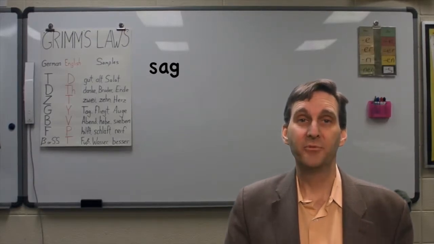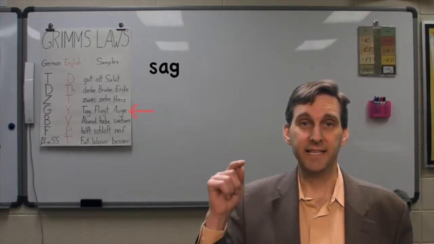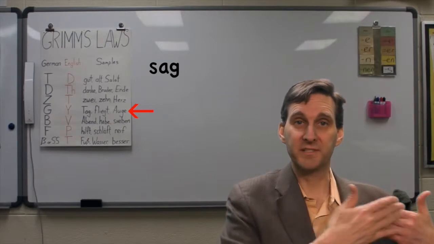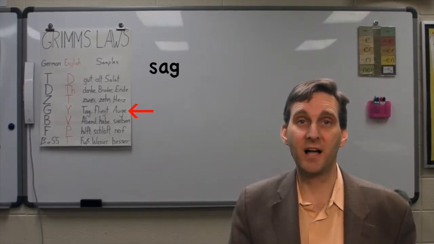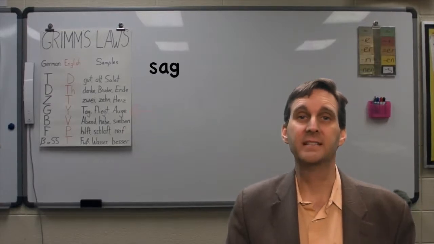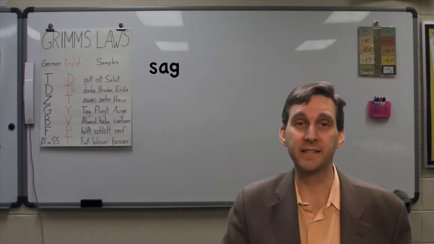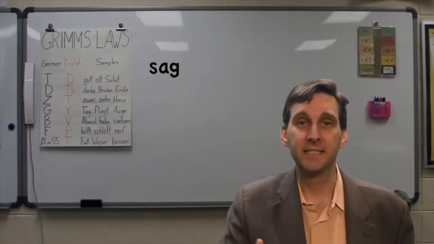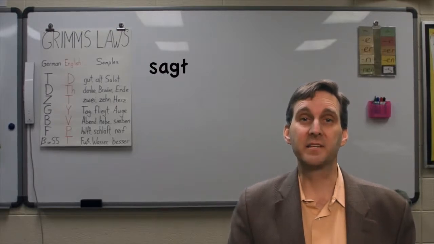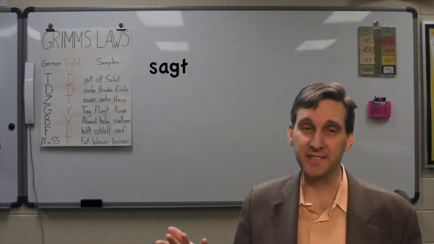Now before I finish that out, if you look on Grimm's law, you'll notice that the G becomes a Y. So there we have the word say. So it's a perfect Grimm's law cognate. From sagt, we definitely get the English word say. So let's finish it up because I don't want say, I want says. Says is sagt. So that means there's a T at the end of that. So the T is just like adding an S in English. It marks that it's he says or she says.